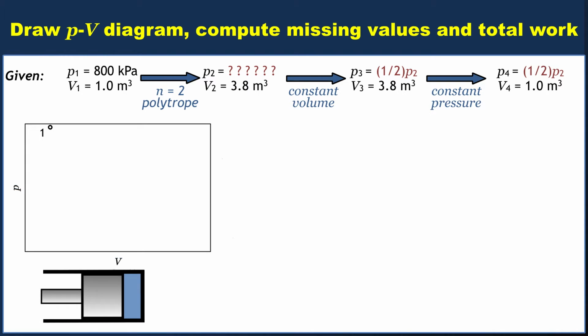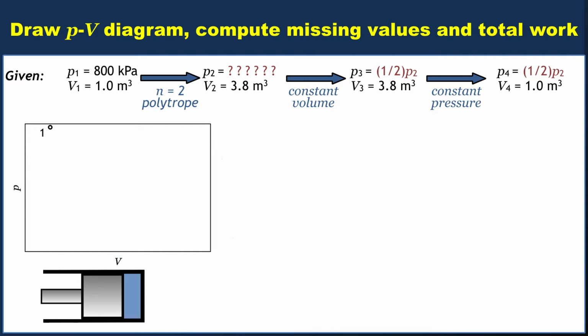Simultaneously, I'm going to have a little diagram of a piston down here, because as we go from, for instance, state 1 to state 2, we want to keep in mind what a piston would do. That'll help us evaluate what should be going on with the work. So, going from state 1 to state 2, which way should we go? Well, clearly the volume increases, so we should go to the right on this plot. Should the pressure increase or decrease? We know that without doing any calculations.